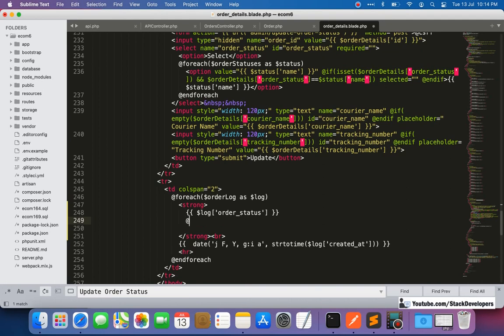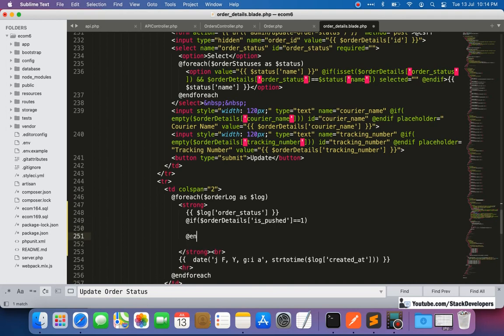We are going to add the condition here: if dollar order details is underscore pushed equal to 1, then we are going to add here order pushed to ship. Okay, let's check it.